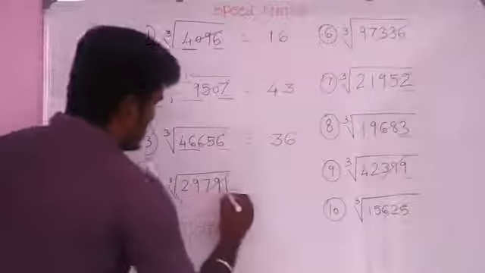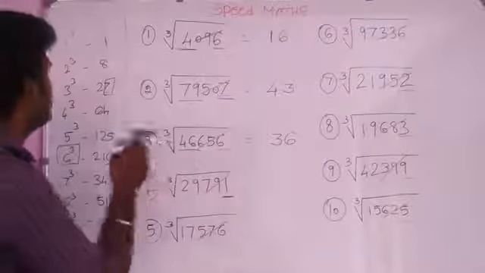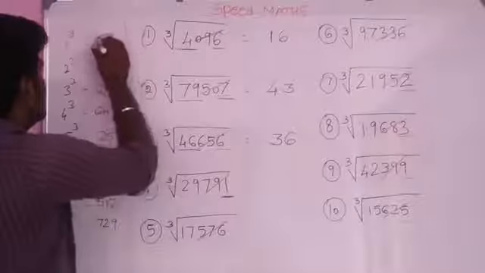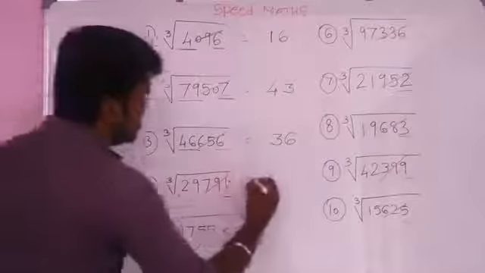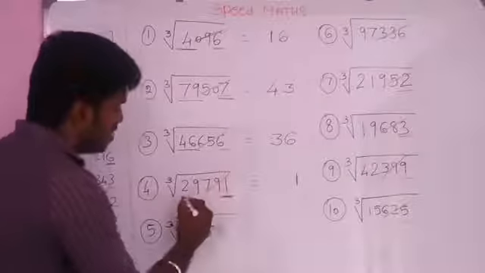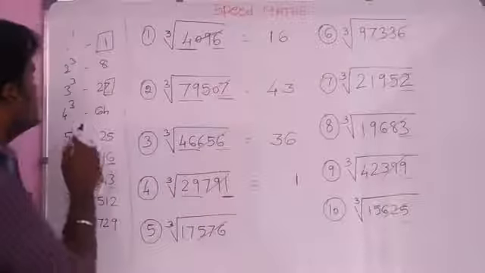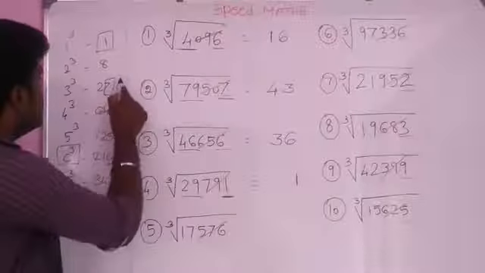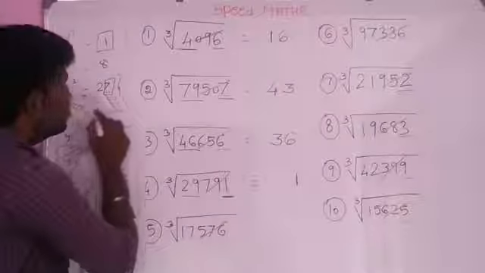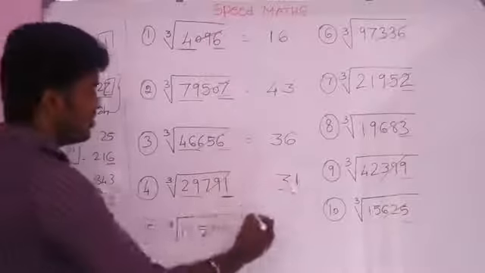And another question, take the last digit as 1. Just compare the value 1 with the cube values. The cube which has 1 in the last digit is 1 cube. So take the value 1 and omit the last 3 digits, and the remaining value is 29. Compare the value 29 with the cube values. 29 is between 3 cube and 4 cube. So we take the smaller value 27, that is 3 cube. So we take 3. The answer for this question is 31.